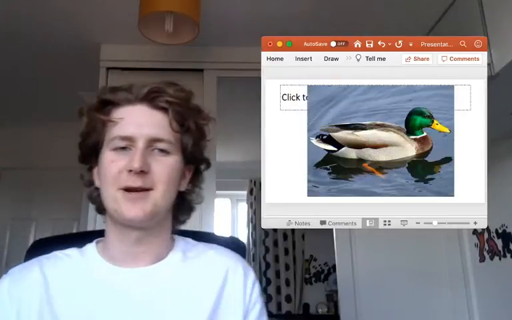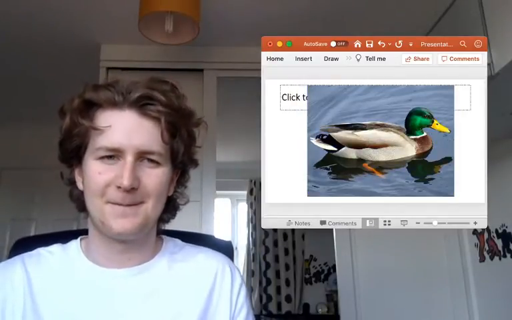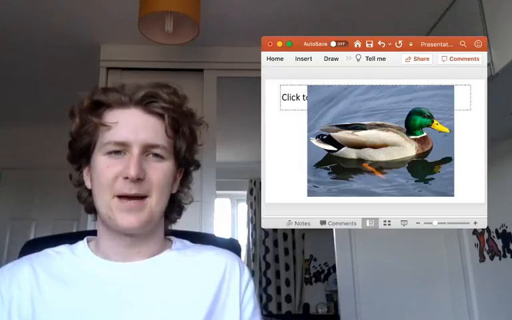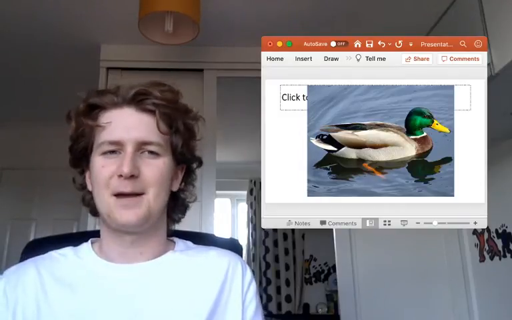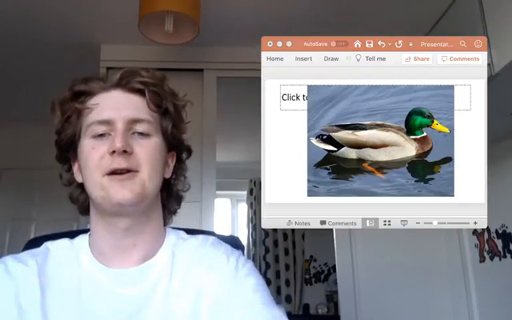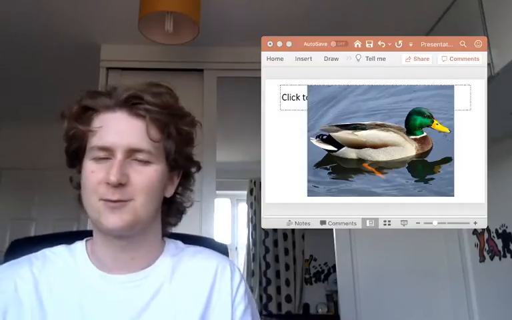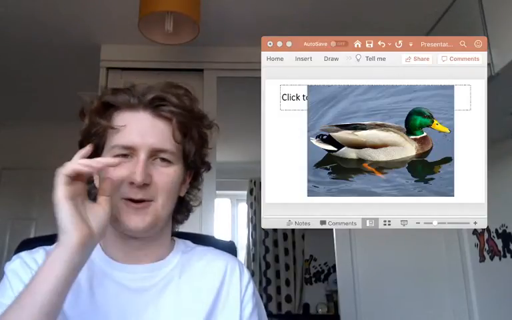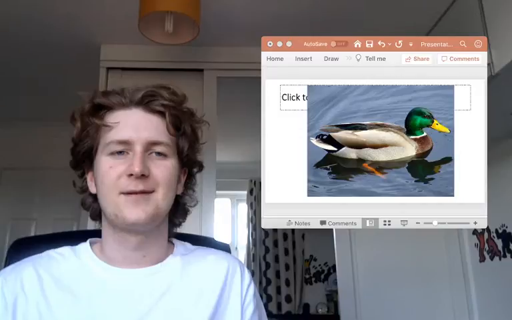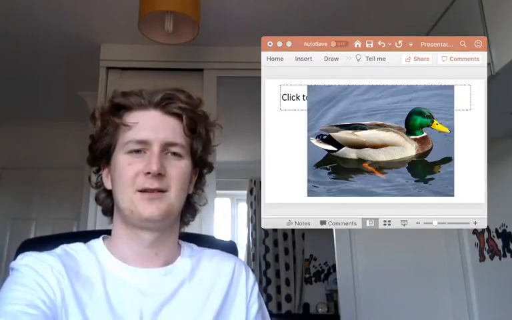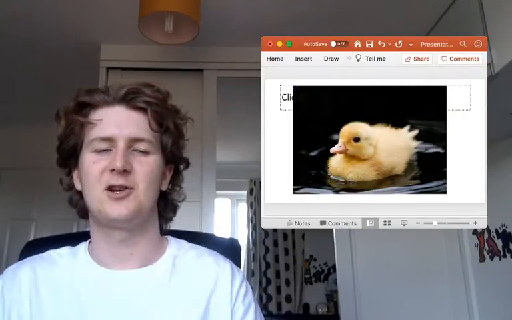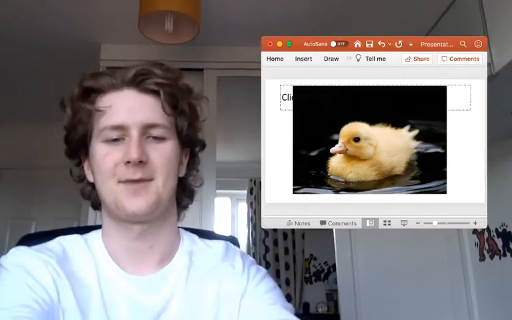So now we get onto the ones with the pictures of the adult one first, and then the next picture will be of the baby one. Okay, so this picture, don't know if you recognise it, but that word for that is a duck. It's a very common creature over here. You see them swimming about in ponds, but can any of you guess what the name of a young child duck would be? Okay, I'll give you a second to guess. I'll show you the picture. Cute, isn't it? The word for that is actually a duckling. Okay, simple as that.